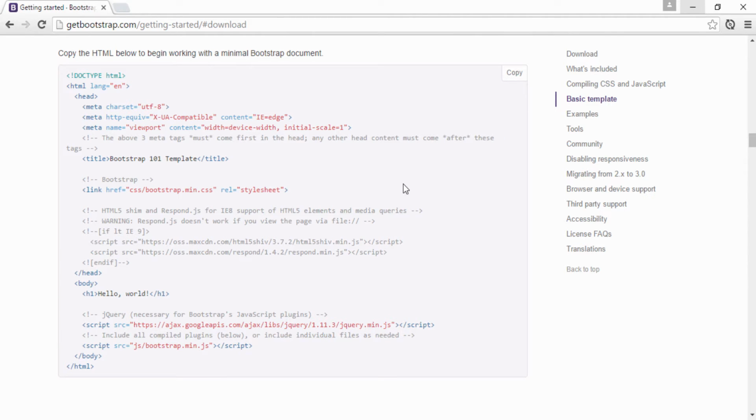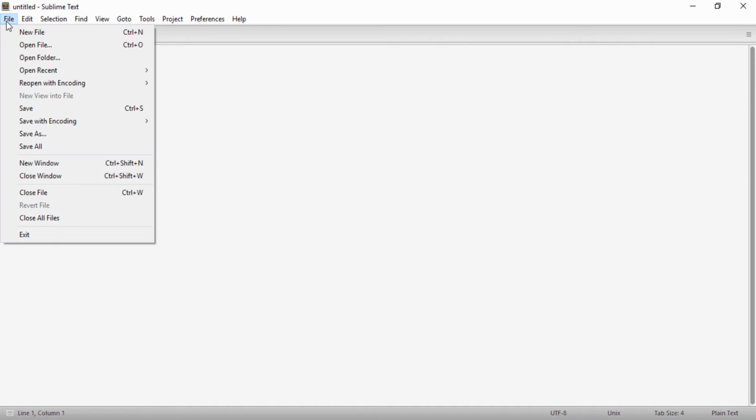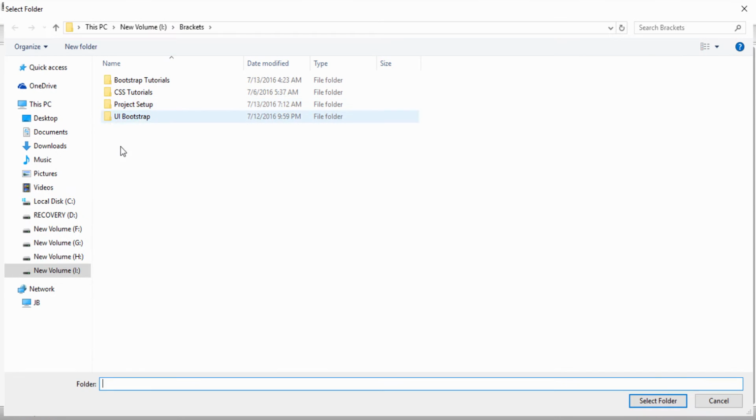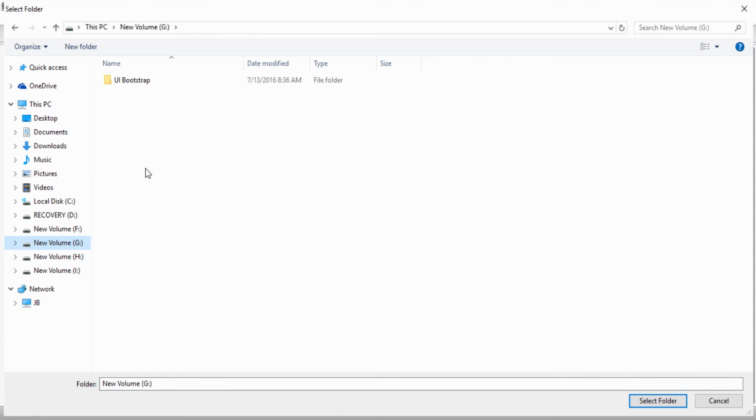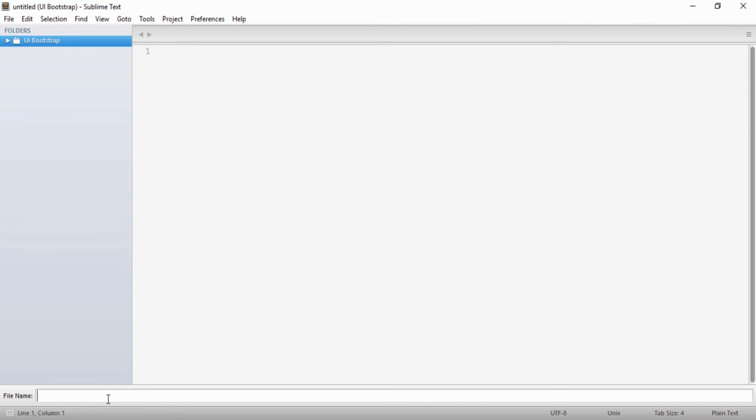Now I will open Sublime Text Editor, and here I will browse to my project. I will say open folder, and in the G drive I will select this UI Bootstrap. You can see this project is now imported into the Sublime Text Editor. First I will create the index.html file. I will create a new file, index.html,